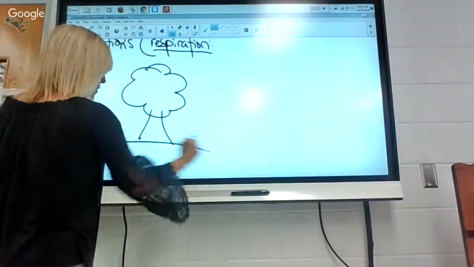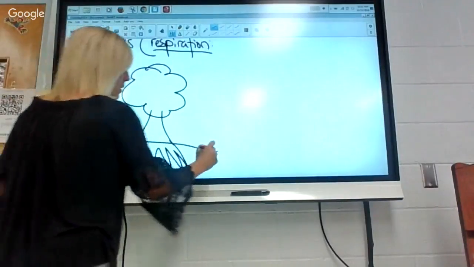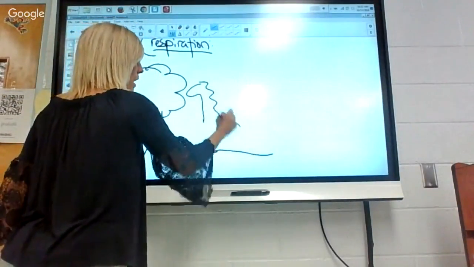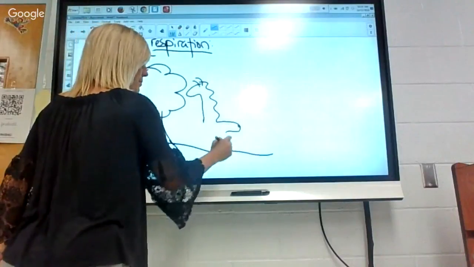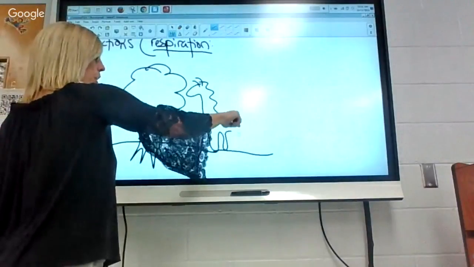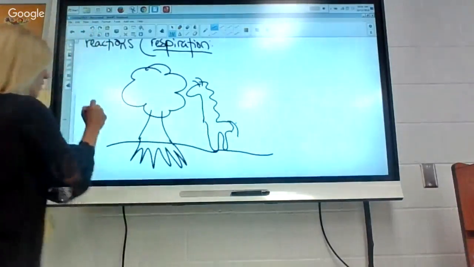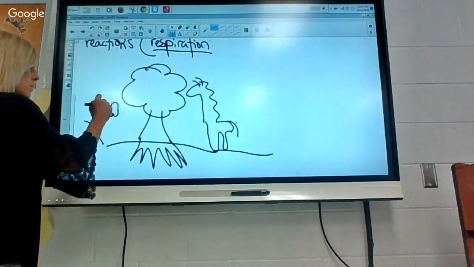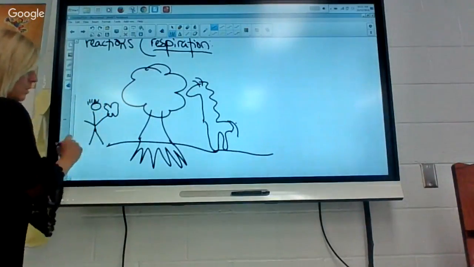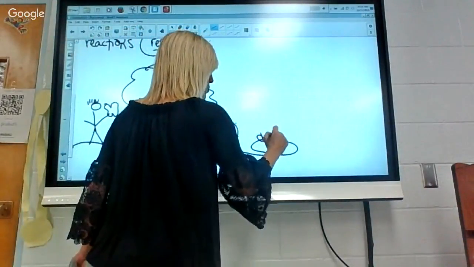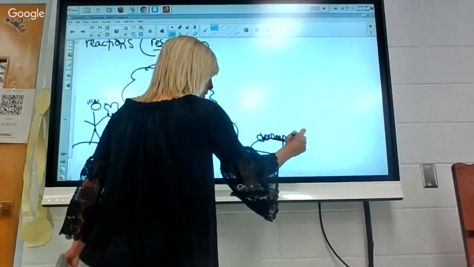All right, so here's this. You already have, and y'all have a little animal cracker giraffe. And then here's a person, I think, in your diagram holding an apple. We said this is decomposers. Okay, so